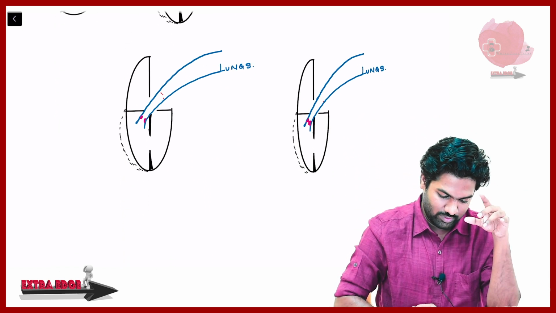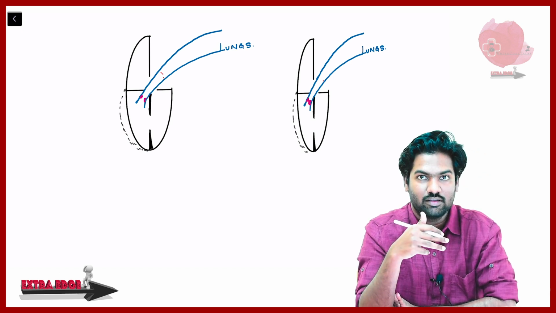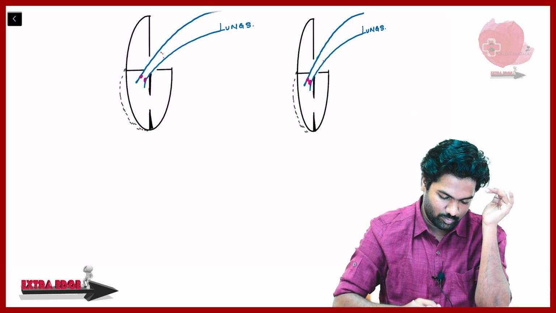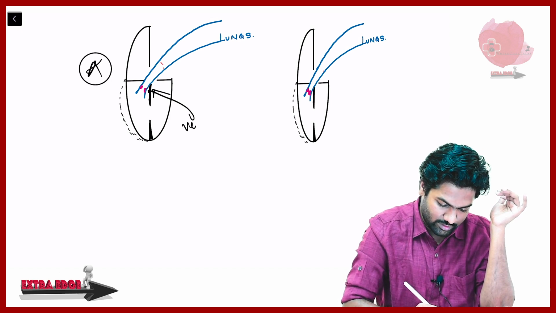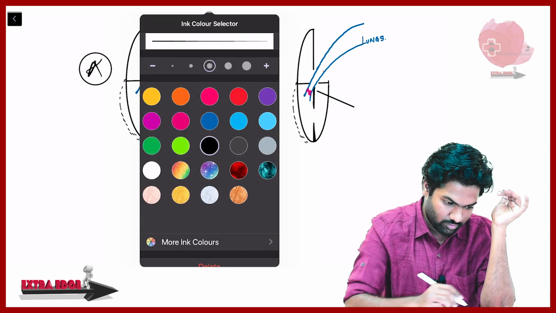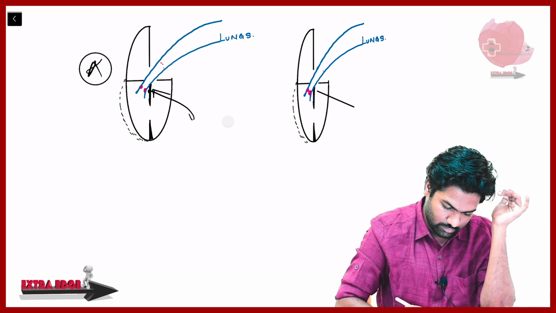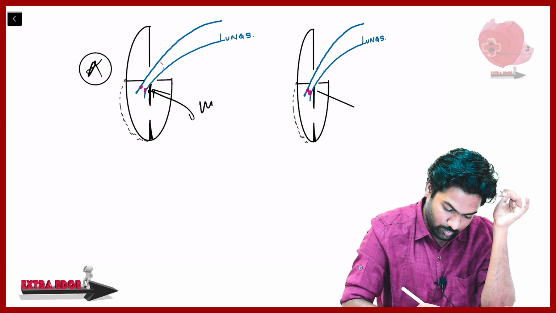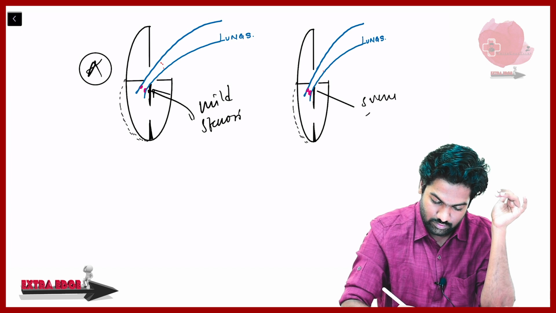Now I want to tell you very properly that, of the structures here, the degree of infundibular stenosis or pulmonary stenosis is going to matter. In the first structure, A, I'll tell you what the hemodynamic changes are. The infundibular stenosis is not small; it's better we write mild stenosis. Now this is severe stenosis.